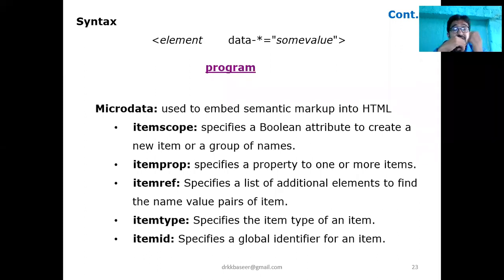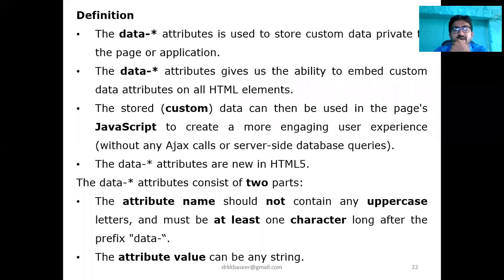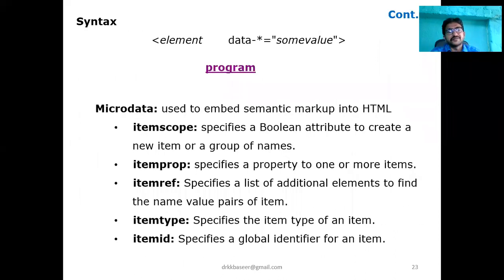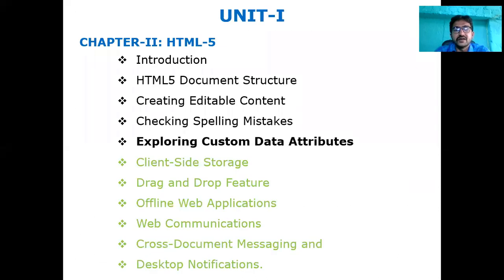I request you to please make sure the data attributes are used for storing custom data private to the page or application. We are embedding custom data attributes on HTML elements. That's about the custom data attributes.